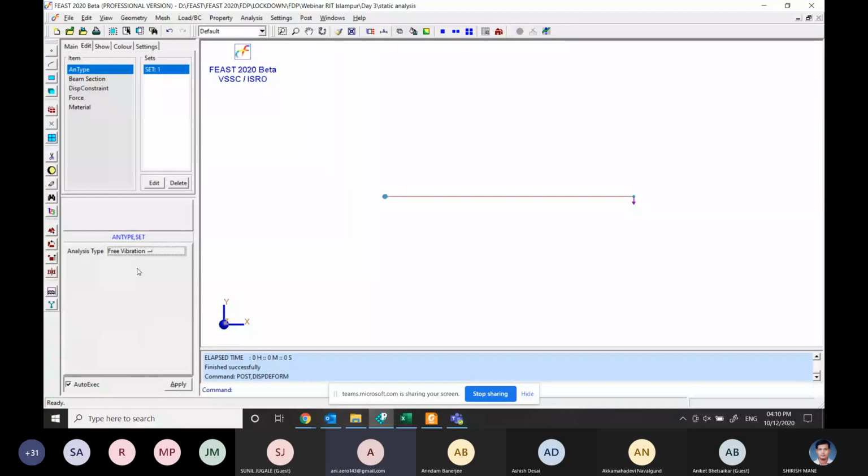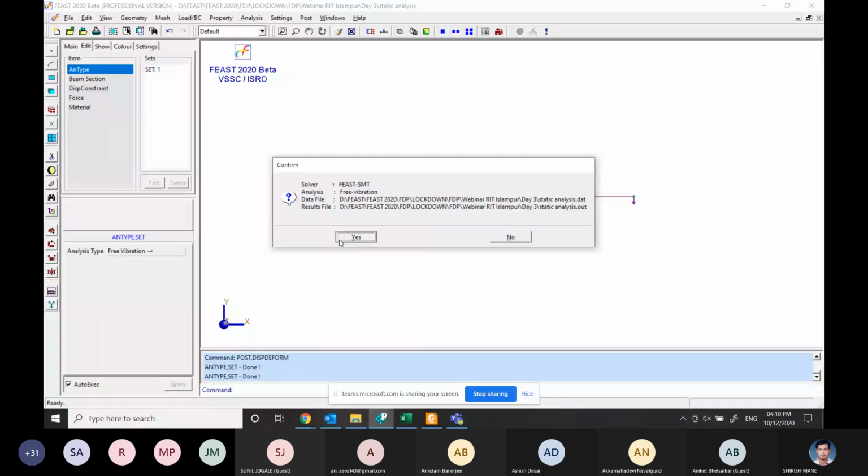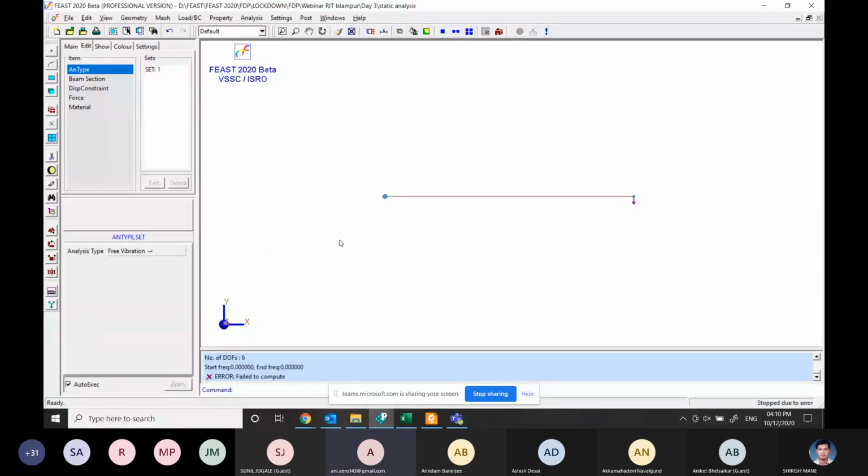Then we will also perform the free vibration analysis, and then we will go on to the transient vibration. So I have just gone to the static analysis and changed it to free vibration. I'll click on apply and I'll run the analysis.